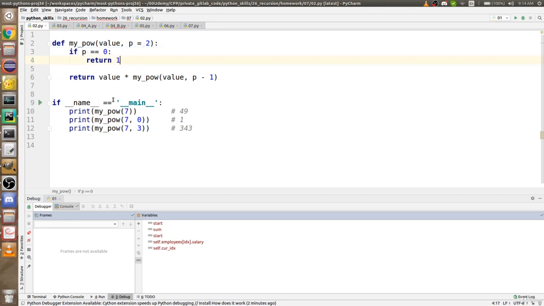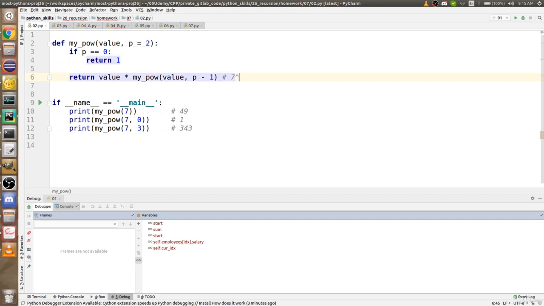Now, I would like to solve my problem. This problem has very big similarity with the factorial itself. My power at power 5 is the same as my value times my power when it comes to 4. So let's say I'm passing here 7 and 2. Let's say 7 and 3. Now 7 and 3, so the power of, mathematically, if you got lost, mathematically